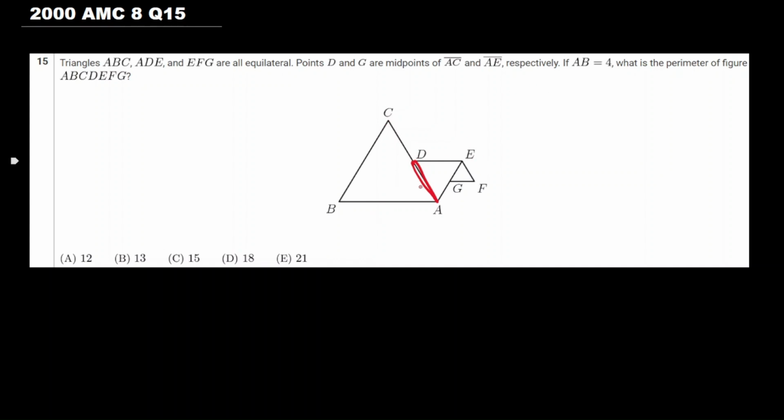And if AC equals 4 and this is half, that means that it should be 2. Which means that this side over here is also equal to 2. And if EG is half of that,